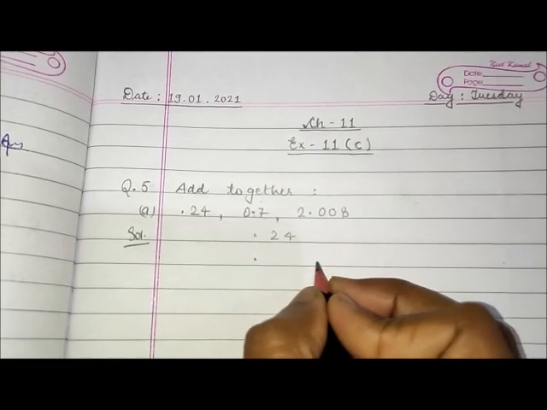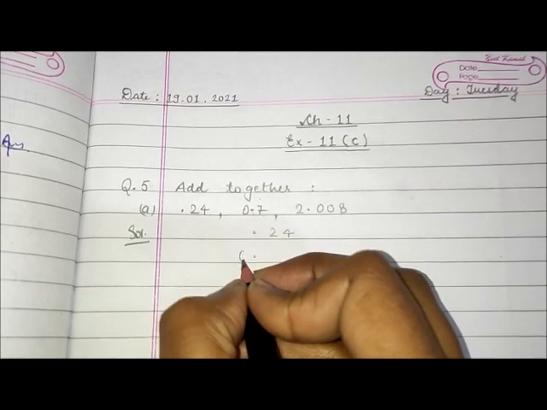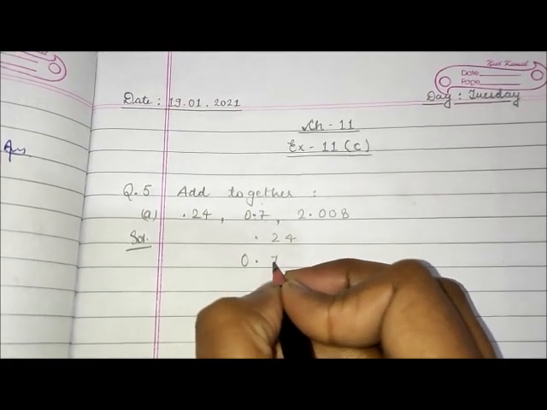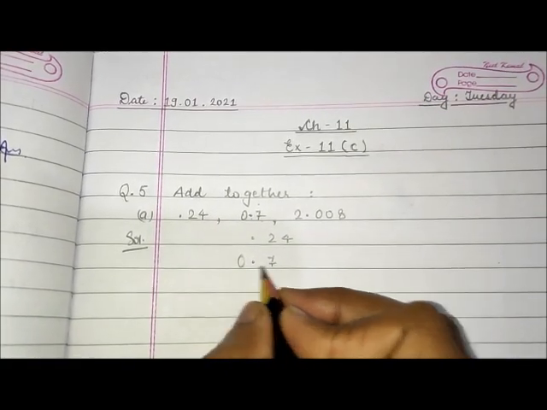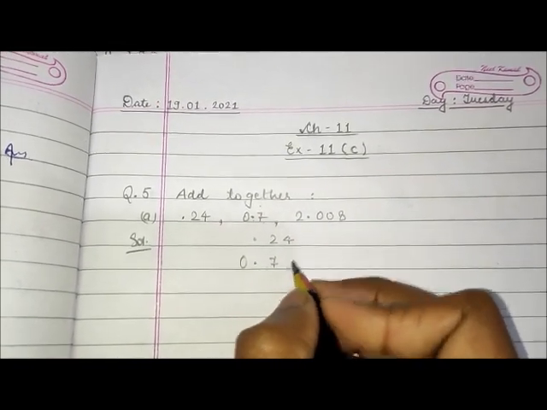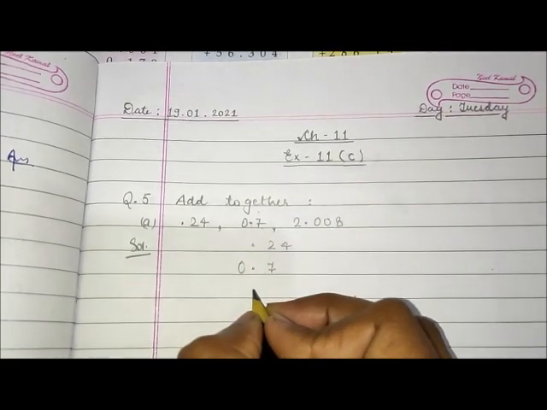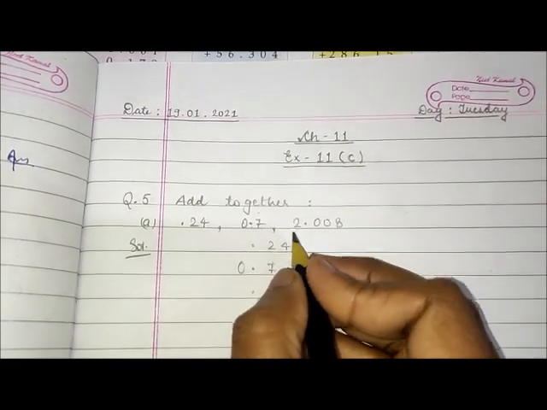आप point को कहीं और shift नहीं कर सकते. So 0.7 we will write like this. 0 आगे and 7 in the first place after decimal. यानी 2 के नीचे आएगा ये 4 के नीचे नहीं आएगा. Then 2.008. So point before 2 था. So point के नीचे हम point ही लगाएंगे. Before point there is 2.